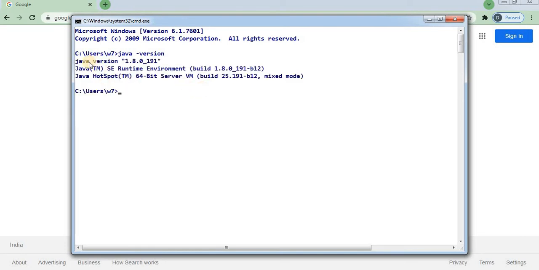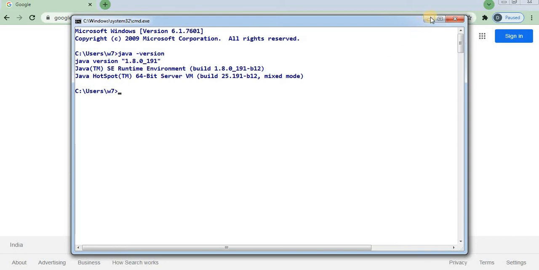You will find that on my machine Java 1.8.0_191 is available and currently used by my system. So you have to make sure by running this command which Java version is currently used by your machine. It should be 1.8 or higher than that.